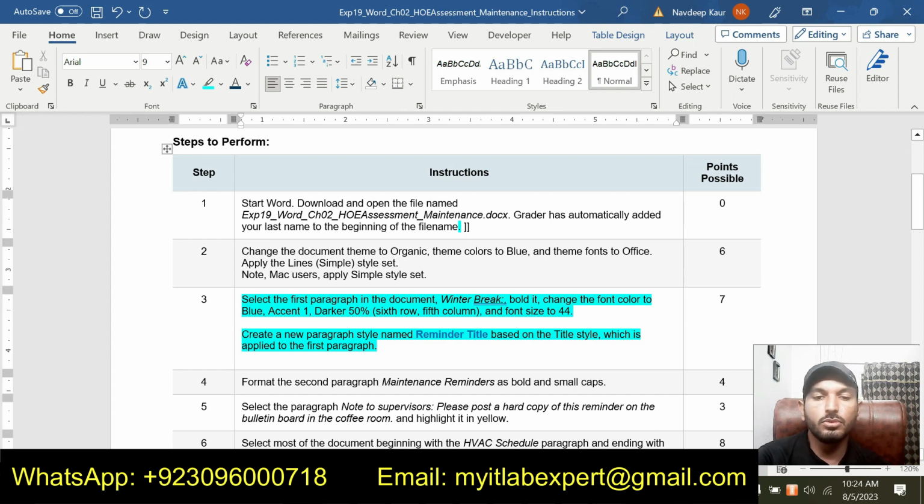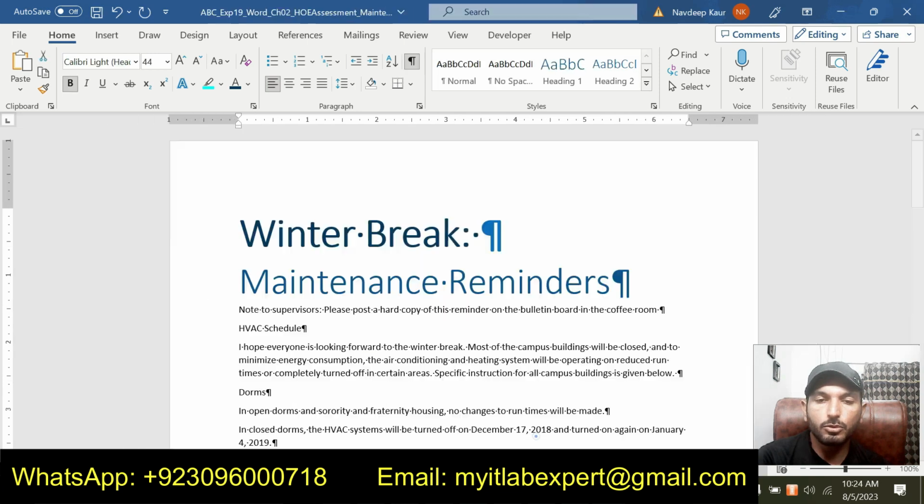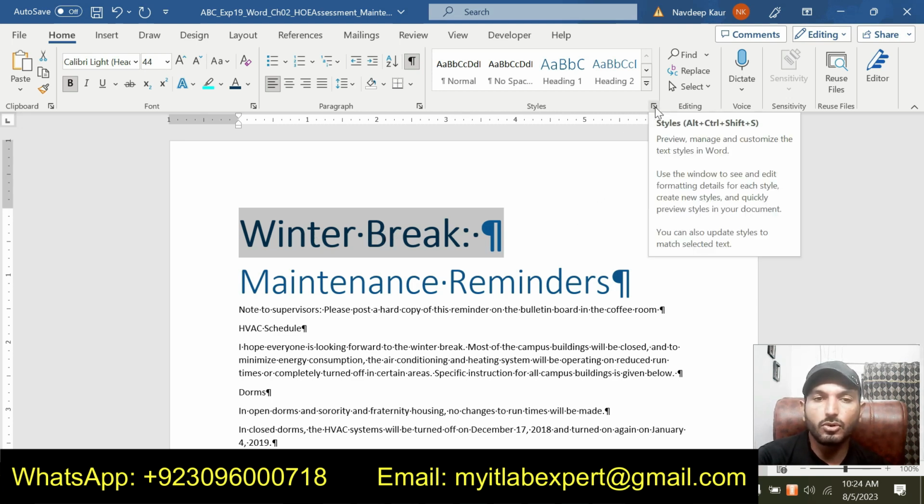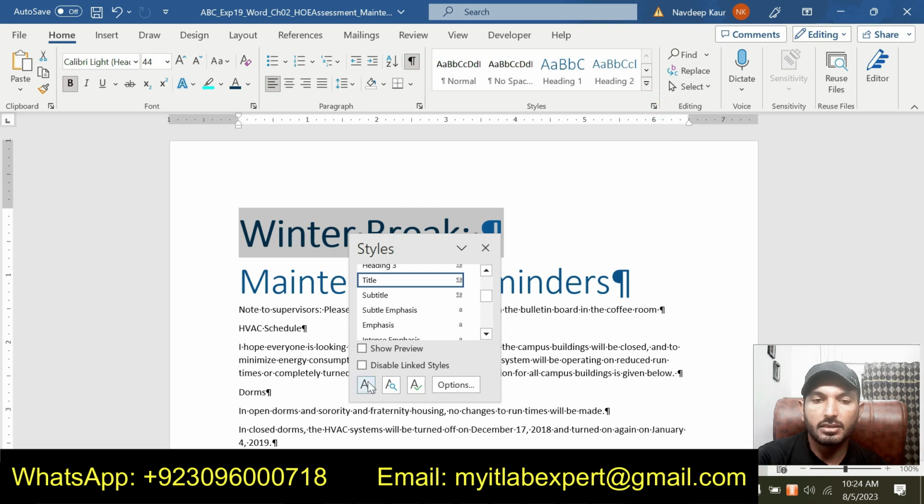Now we are supposed to create a new paragraph style named Reminder Title based on the Title style which is applied to the first paragraph. To do this, click on this arrow in the Styles group and click on this plus sign for the new style.